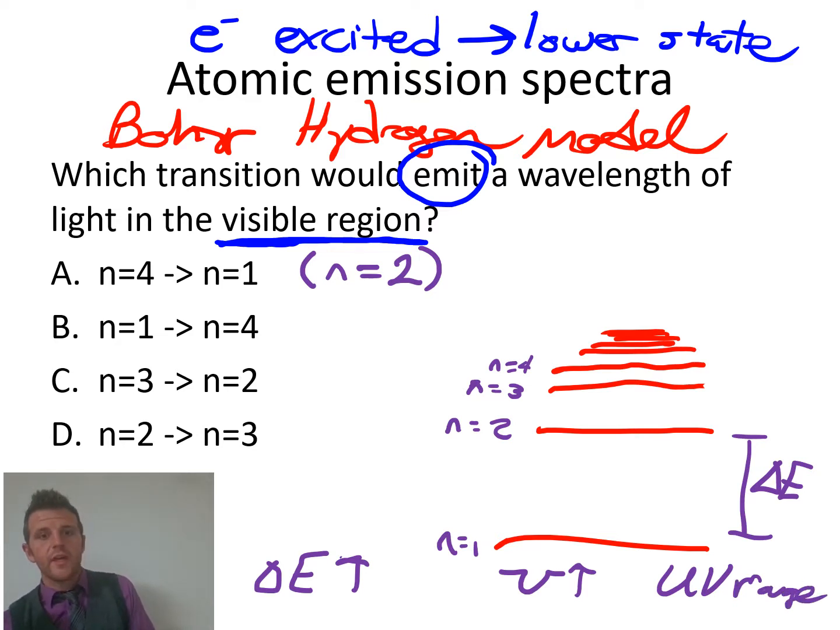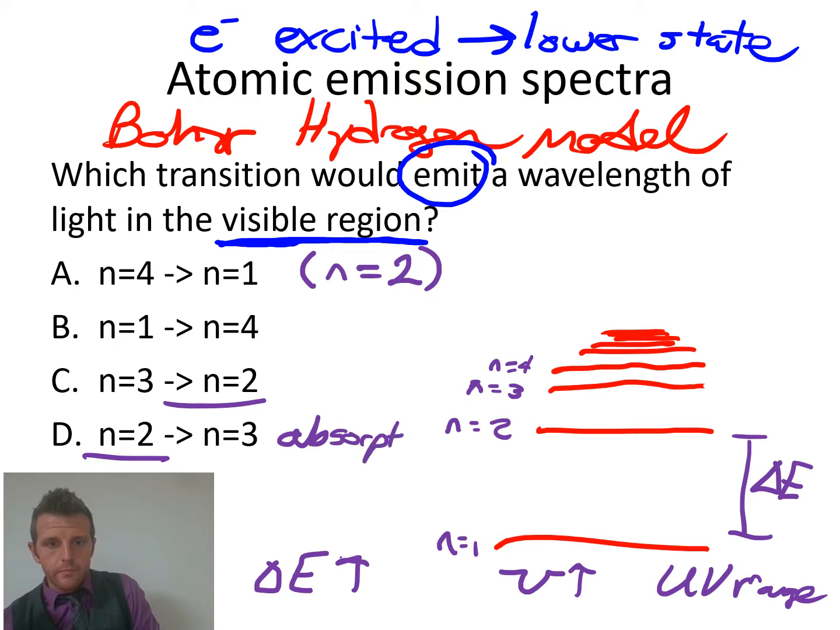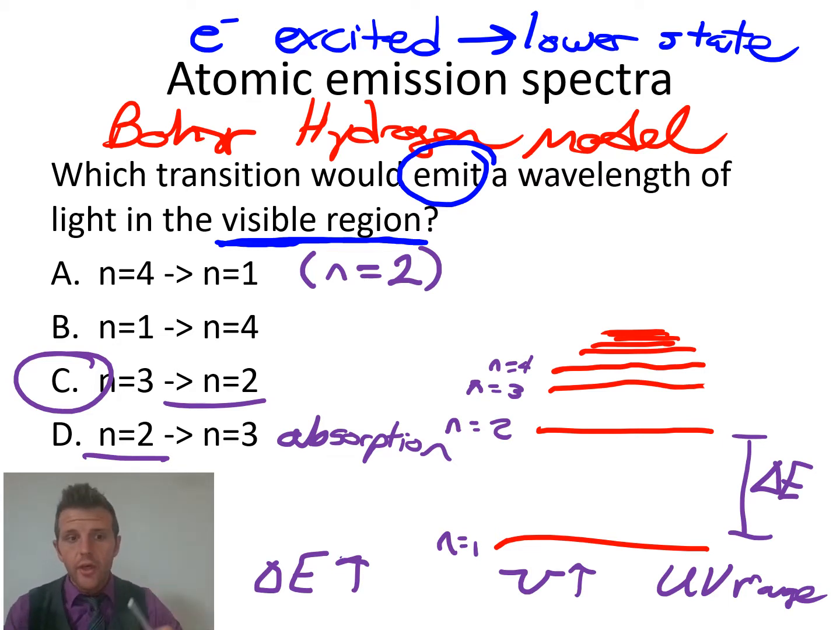So we're looking for something that is going to end at 2. So it's going to start at a higher state, and it's going to drop to n equals 2 because it needs to emit. So I'm seeing this one ends at 2 and this one starts at 2. This would be an absorption because this electron would be going up an energy level. It would have to absorb some sort of energy. So because it's an emission spectra, it's emitting a wavelength, it's releasing this energy,